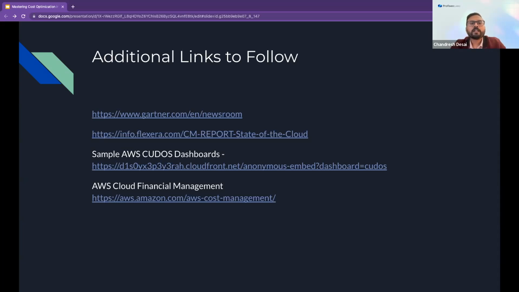So as I mentioned in my previous slide as well, AWS has four, or let's say more than four, cloud native tools. The first, I believe, if you don't have much expertise or knowledge about cloud cost optimization, then I highly recommend that you first go to AWS Cost Explorer, and then you can use the AWS Cloud Kudos dashboard.